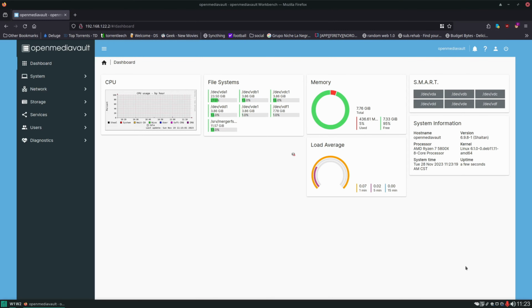Hello and welcome. Today we're going to be continuing to configure our self-hosting environment with Open Media Vault and setting up Borg for our actual backup solution that we're going to use to back up all of our data. But before we do that, we're going to have a few items of maintenance to clean up from our last